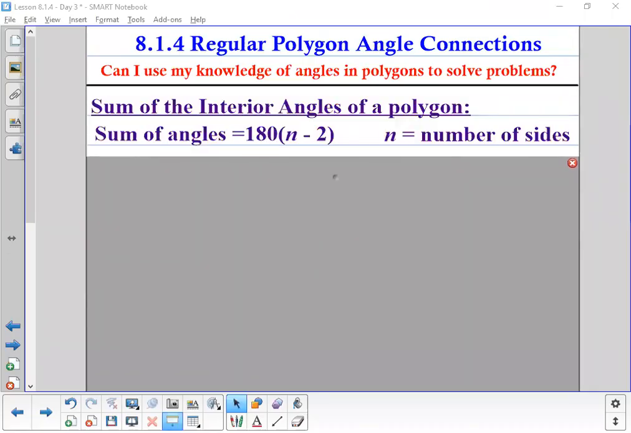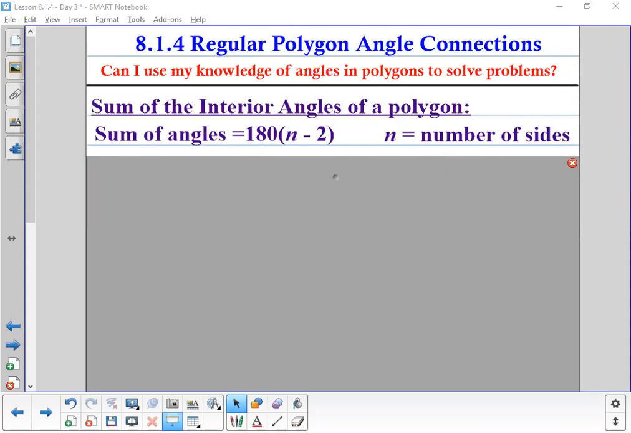The first thing we're going to talk about is the sum of the interior angles of a polygon. This is going to be true whether the polygon is regular or not. The sum of the interior angles is what you get when you add up every single interior angle. Just a reminder, the interior angles are the angles that are formed by two of the sides of the